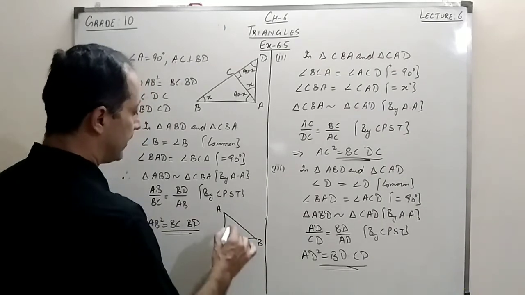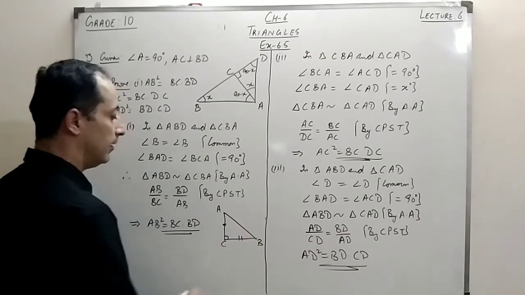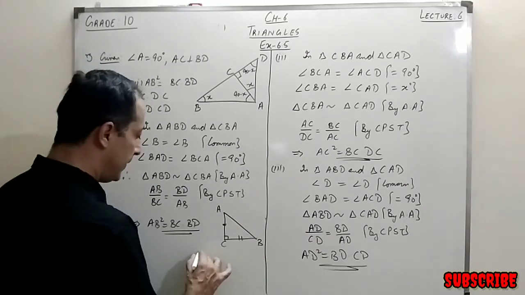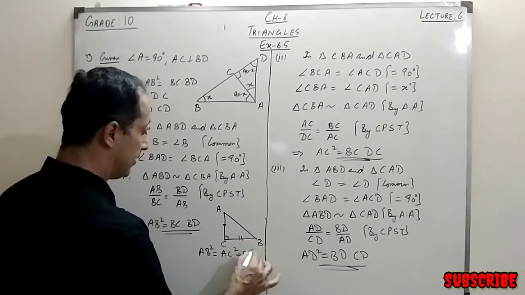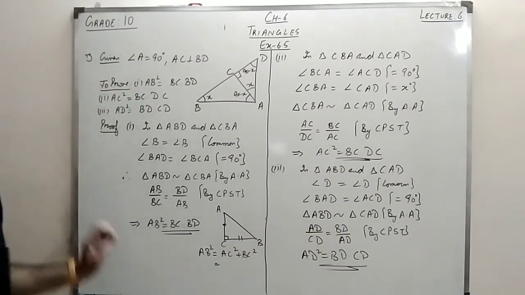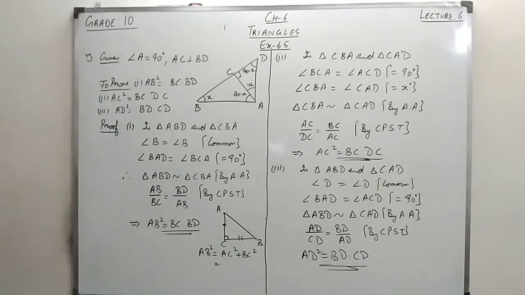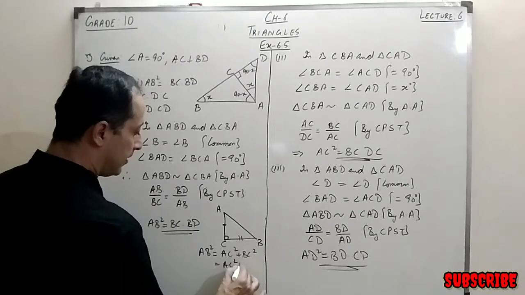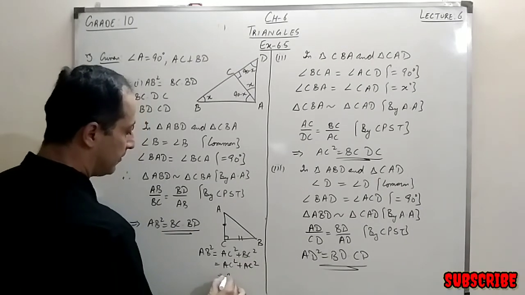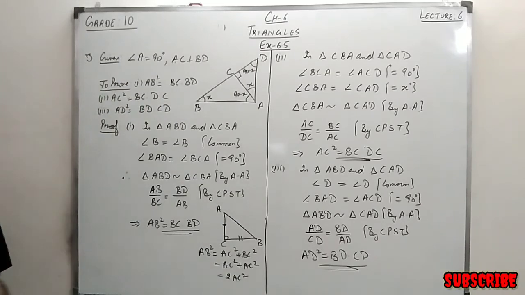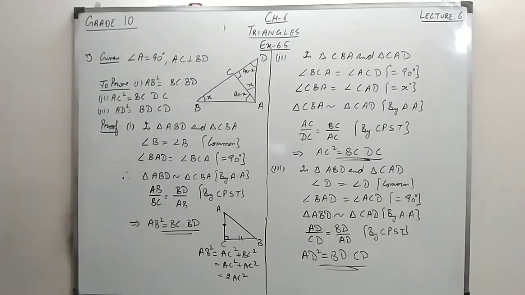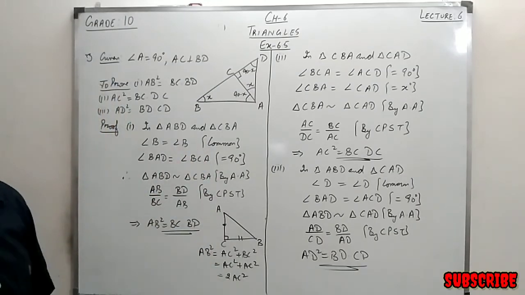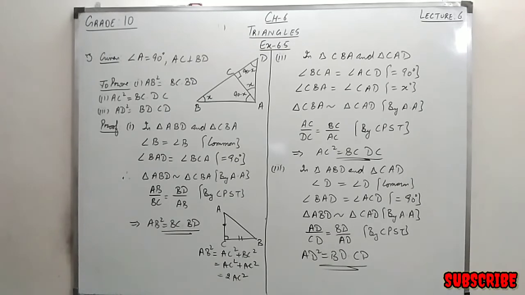Right? So what is given? That these sides are equal. So when these sides are equal, you can write AB square. If you apply the Pythagoras theorem, AB square is equal to AC square plus BC square. Now since these two are equal, and we want AB square is equal to 2AC square, what I can do is add AC square plus AC square because they both are equal, and this becomes 2AC square. Right? So that is the desired result. So by Pythagoras theorem we start this, and the next question is just a converse of this question. We can just go the steps backward and we can complete the solution of this question.